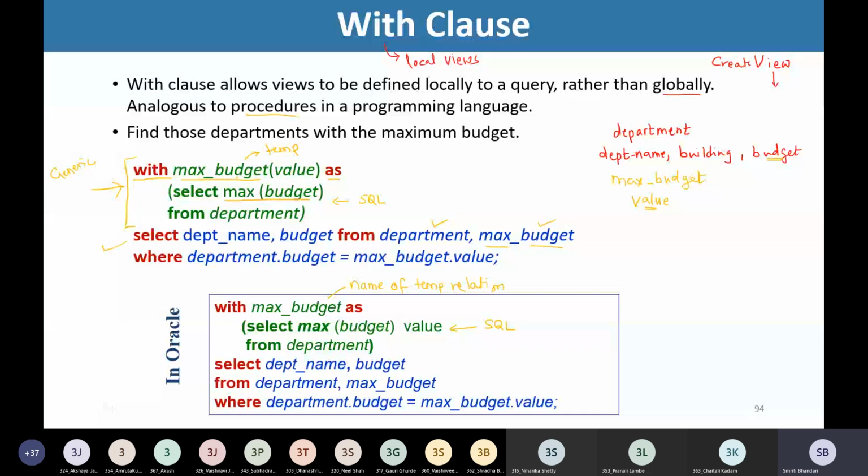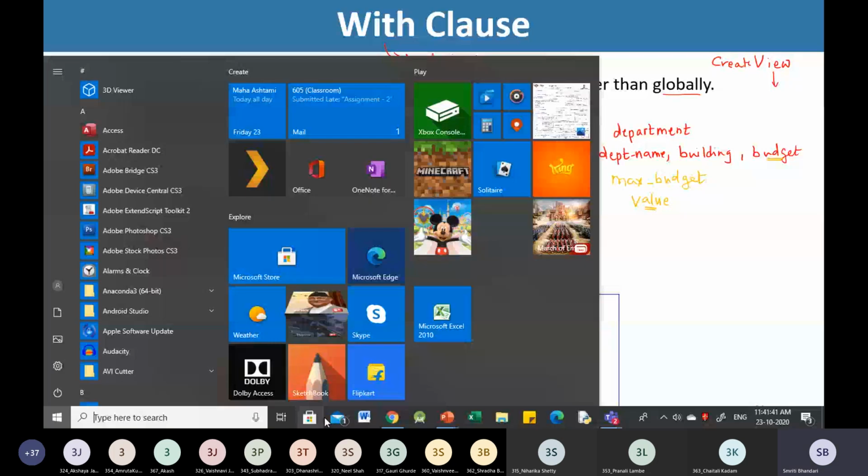So only difference is, in generic syntax, max budget is the name of temporary relation, and at the same time in parenthesis we are listing out the attributes. But here in Oracle we are creating a relation, right? And in select statement we are renaming the respective attributes. So max budget is being renamed here as value. That is the difference.